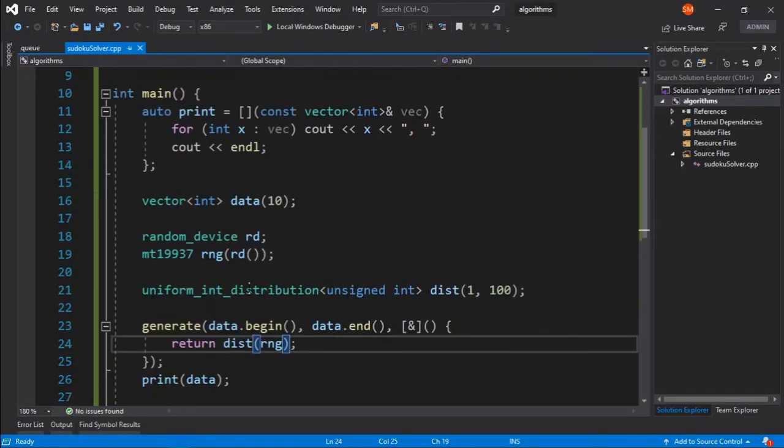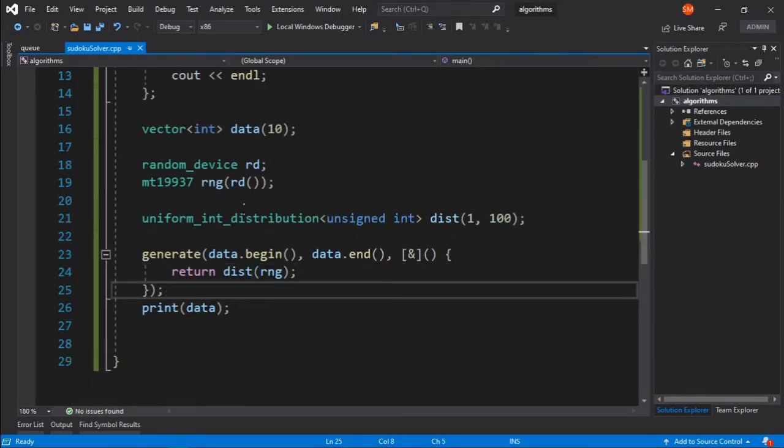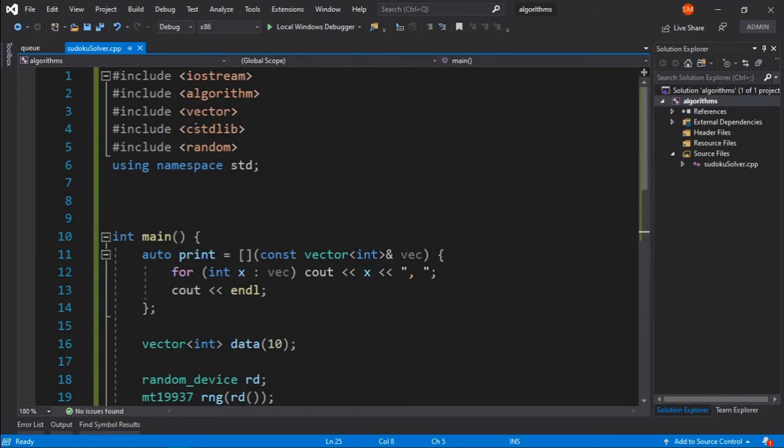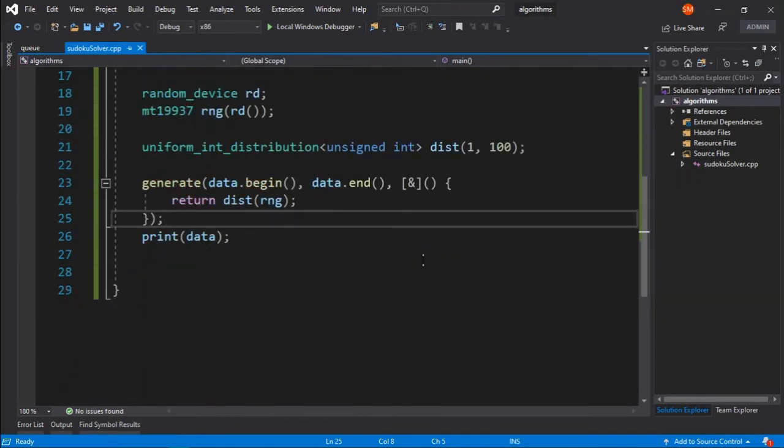There are other distributions that I mentioned, like Poisson distributions, but if you guys want a video on that, I can make a video on different kinds of distributions, what the distribution functions return in general, and how you can generate different kinds of random sequences depending on this kind of implementation using the random header file. But that's how you typically generate random numbers.